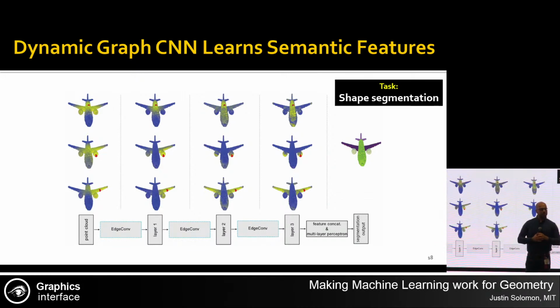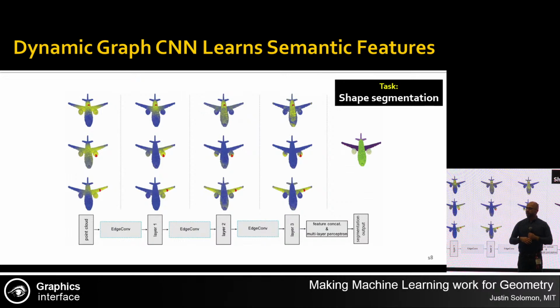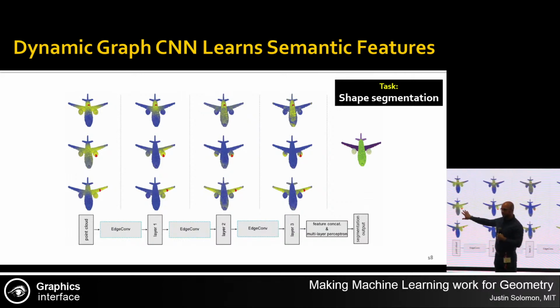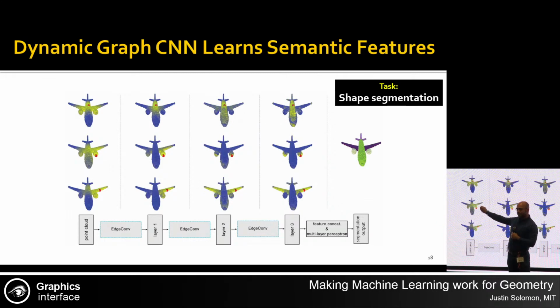And every time that we do that, we recompute a local neighborhood. So again, here the coloring is like proximity. Here's a red point, and then it goes from yellow to blue based on distance in your feature space. So on the left-hand side, this is just distance in 3D, right? So it goes from yellow to blue just based on how close you are to the red point.